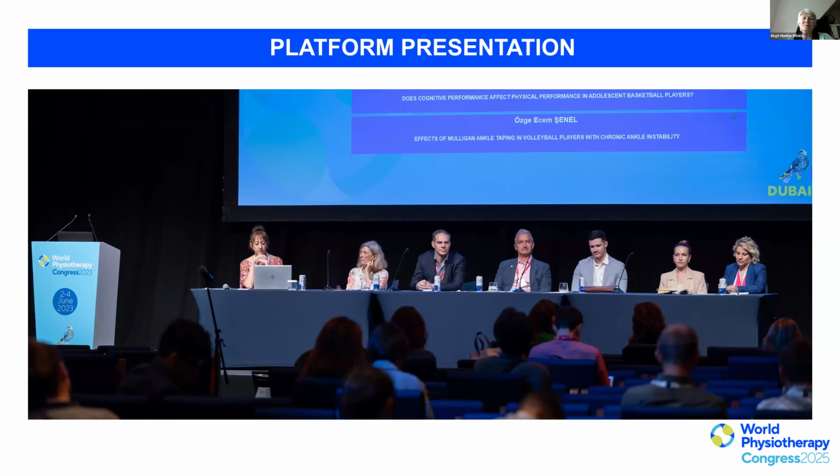So then moving on to the next format we're talking about today, the platform presentation. And again, this is an image taken at World Physiotherapy Congress in Dubai. This is what it will look like. We will have the chair and the speakers on stage, and then there will be a lectern from where the presentations are taking place. You also can see at the top of this slide that the individual presentations will be